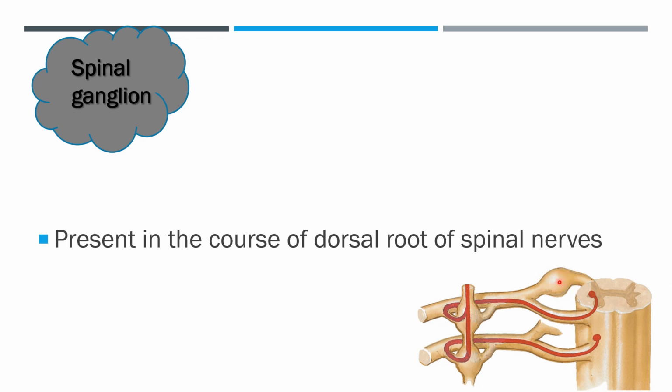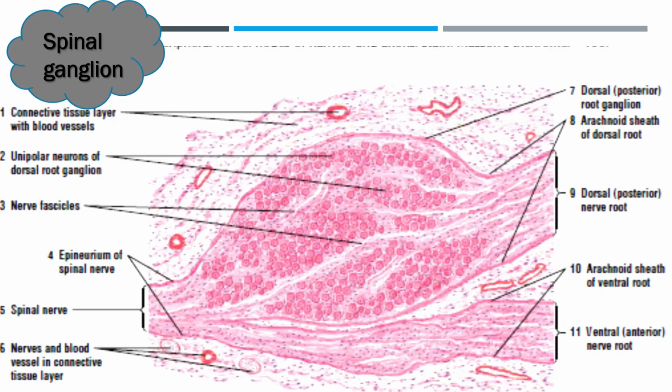And within this dorsal root ganglia, you have a collection of many nerve cell bodies. This spinal nerve is connected to another ganglia. Can you see here? Here also it is connected to another ganglia. All these ganglia are the sympathetic ganglia. We know that on either side of the vertebral column, we have a sympathetic chain, and this sympathetic chain is made up of sympathetic ganglia. Okay, so this is the sympathetic ganglia and this is the spinal ganglia. So the example for spinal ganglia is the dorsal root ganglia.